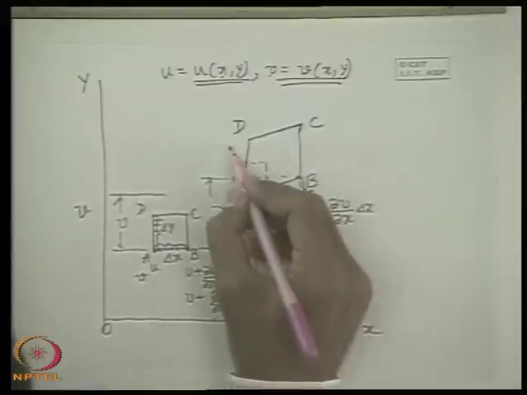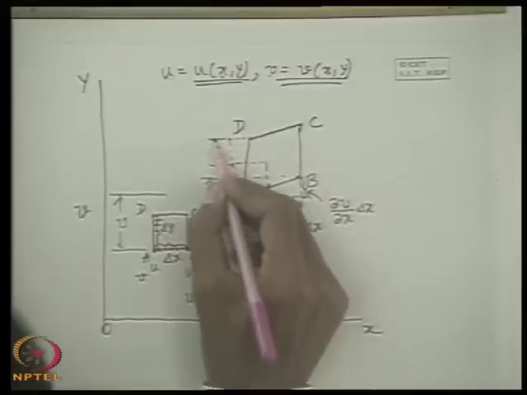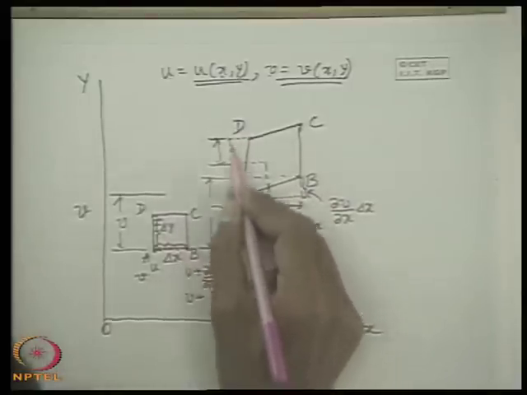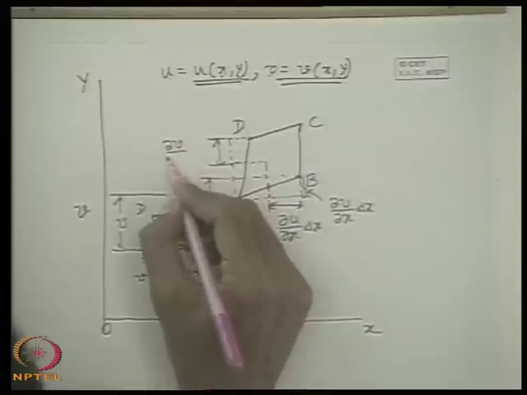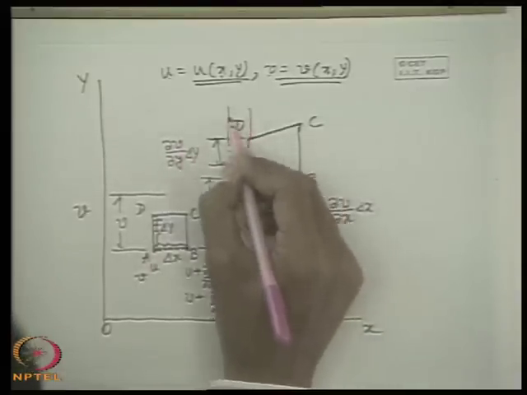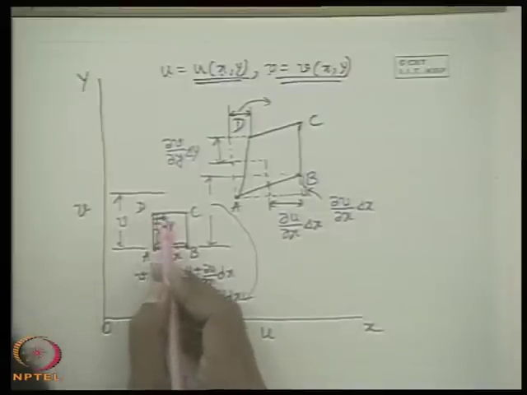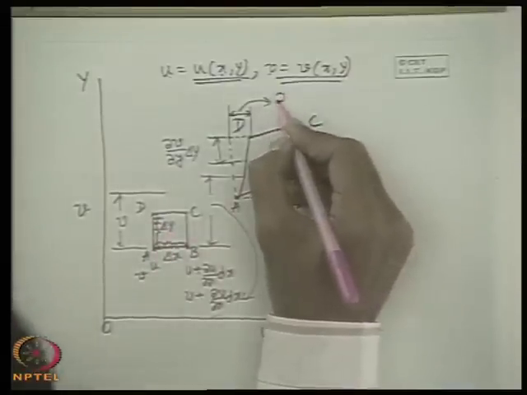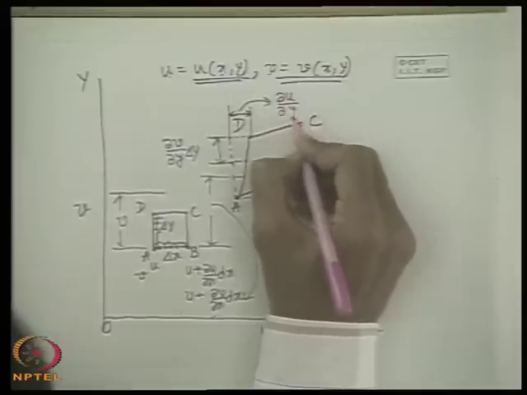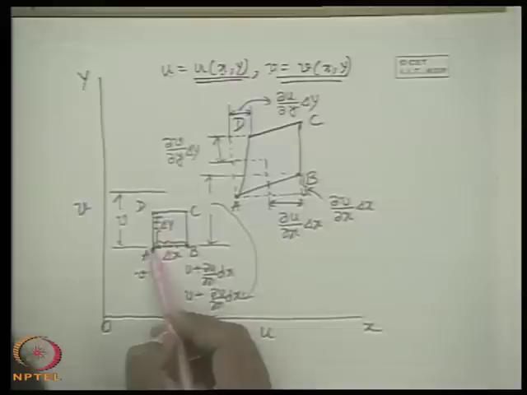Very good. Similarly, in this direction, if we take a projection, this displacement, as we know, is the linear deformation, that is del v del y delta y. Similarly, what is this value? This value is nothing but a displacement of D with respect to A in x direction, and this is responsible for del u del y delta y, because it is a change in u velocity over a change of length delta y.